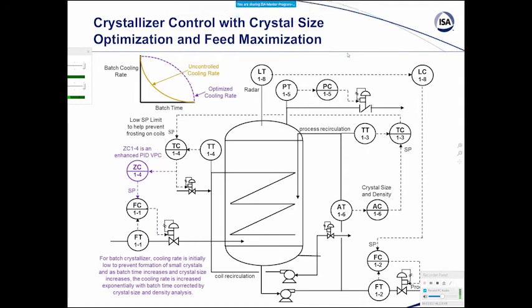Let's look at crystallizer temperature control. Temperature is critical for the operation of crystallizers in terms of getting the right crystal size and the right number of crystals. So here we've got a temperature typically controlling the crystallizer inlet temperature, because, as I mentioned, we are concerned about having particular restrictions on that inlet temperature. We don't want it to get too cold.